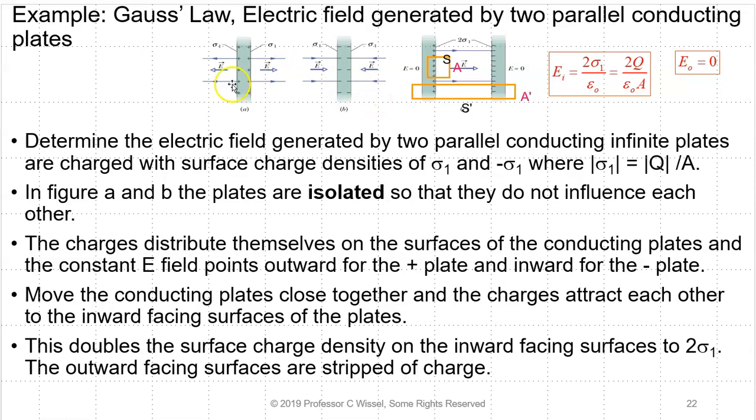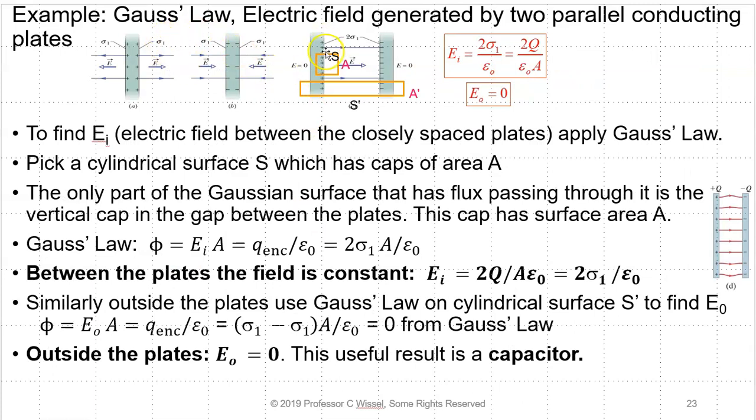negative plate. Now we're going to move the conducting plates close to each other, and they're conductors, so the charges are free to move. The charges will attract each other to the inward-facing surfaces of the plates because opposites attract. This doubles the surface charge density on the inward-facing surfaces to 2 sigma 1, because all the charges that were distributed over both sides of each plate have now migrated to the inner side. The outer-facing surfaces are completely stripped of charge, so all the electric field is between the two plates and nothing's on the outside. So we're going to find E inside, the electric field between the two closely spaced plates, and